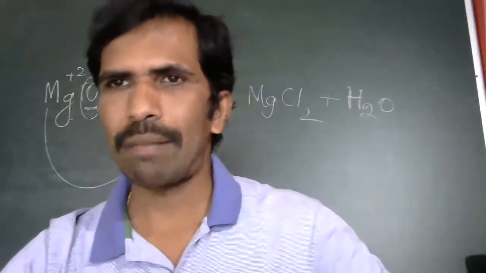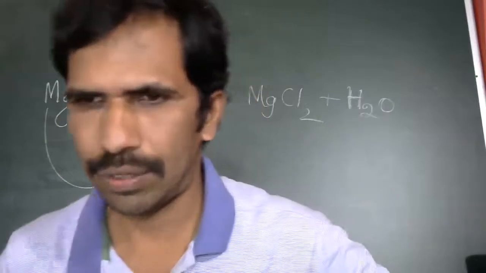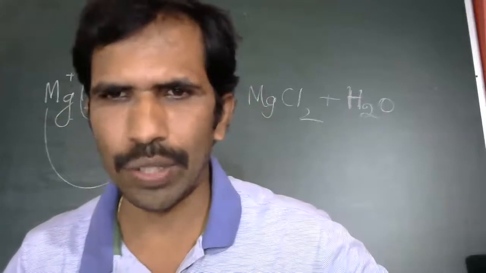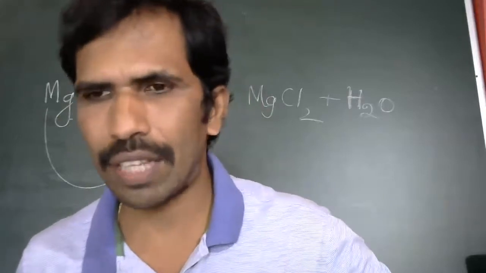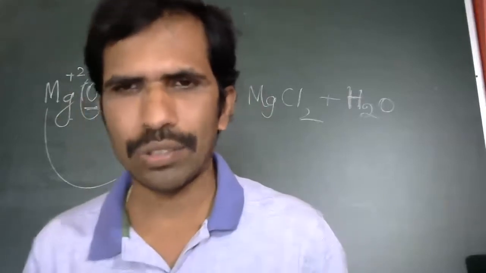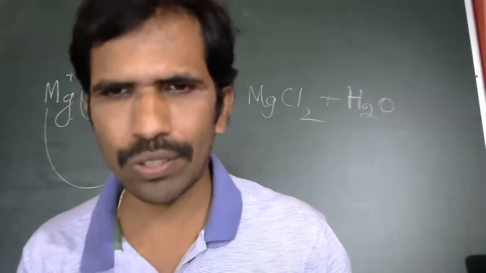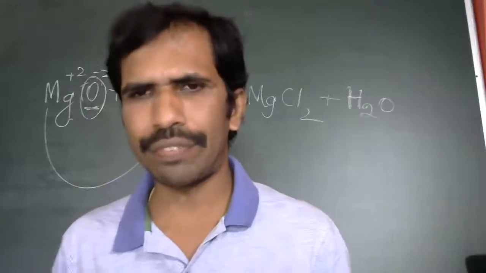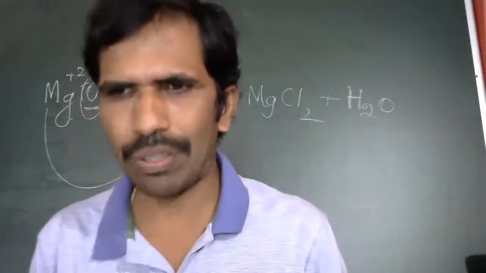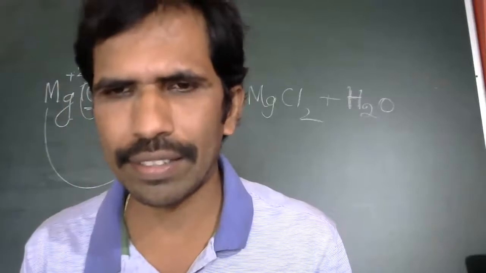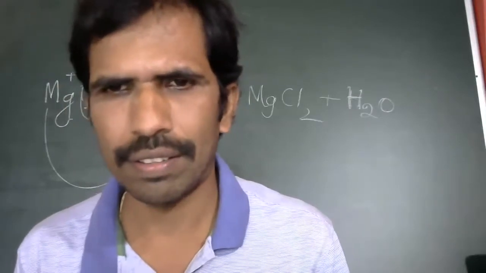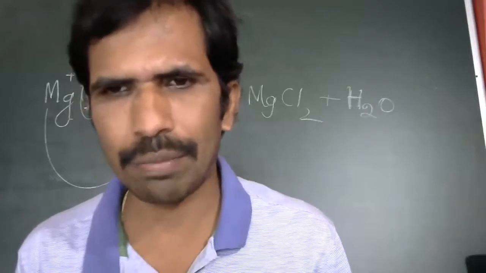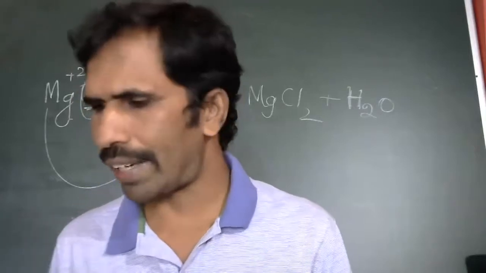Okay. So sodium bicarbonate, or sodium hydrogen carbonate. Sodium carbonate and bicarbonate. Any carbonates you can give. In your textbook they are given sodium carbonate and sodium hydrogen carbonate, or sodium bicarbonate. You can take any of the carbonates. Calcium carbonate you can take in place of sodium carbonate. Magnesium bicarbonate you can take in place of sodium bicarbonate. So here, how it reacts.